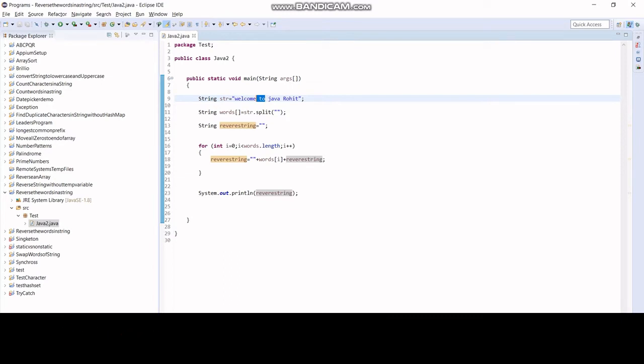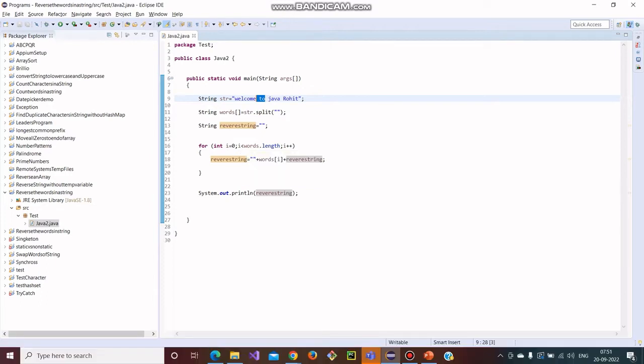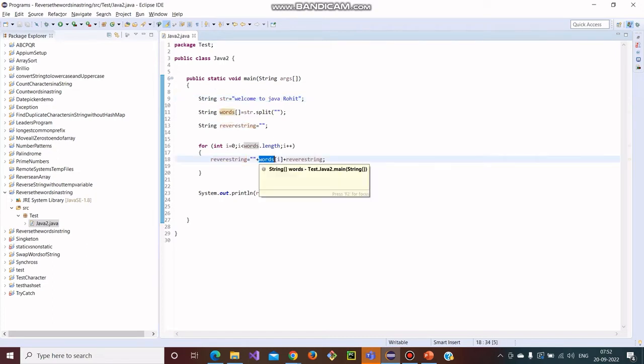Again it will come to the for loop and check, i will become 2, and 2 is less than the length of the array. So it will go inside the loop, take the third word, and add it with "to welcome", so it becomes "Java to welcome". Likewise, it will go to the fourth i value and concatenate the string, and finally we'll be printing